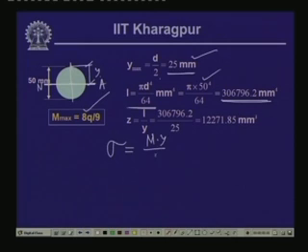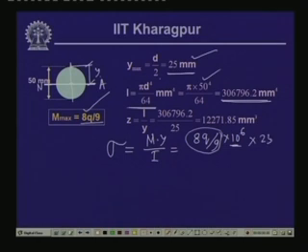So, sigma is equal to M y by I, and M here, as we have seen, is a positive moment. So this is equal to 8q divided by 9 into 10 to the power 6 Newton millimeter, because q is in kilonewton per meter. So this is kilonewton meter, 8q by 9 is so much of kilonewton meter, multiplied by 10 to the power 6. Now, y is 25 and I is equal to this, which is